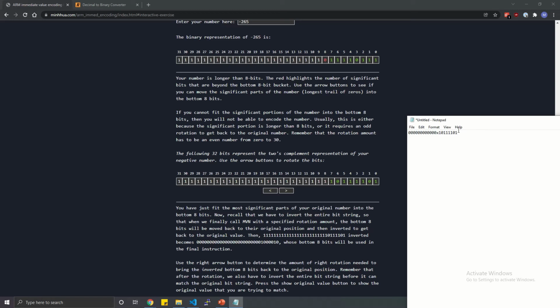So this is 8 bits, so really we would have 24 zeros in front. So it doesn't matter how you rotate this,